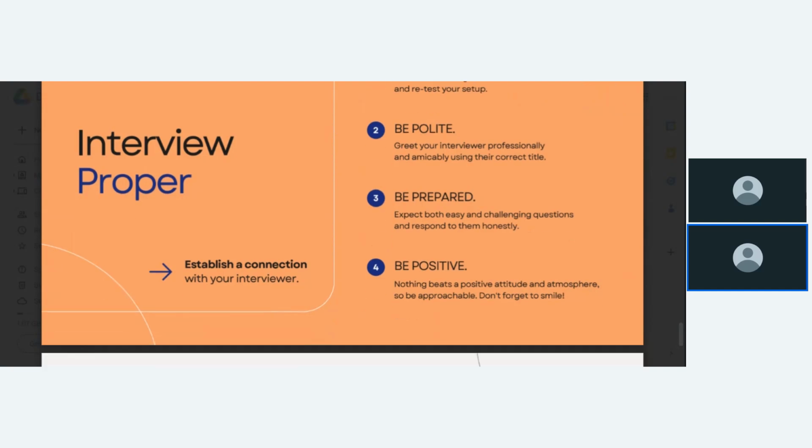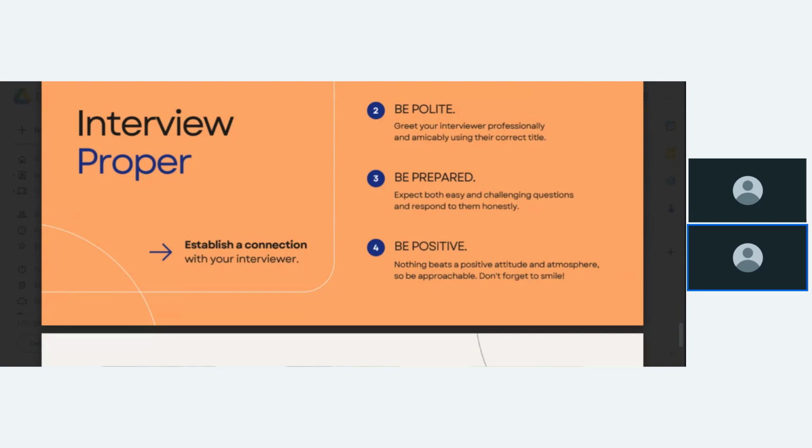Then, of course, be polite. I don't know how else to say this, but I've met some, not a lot, some very aggressive candidates, and they behave as if they came for war. So many persons already have this bad idea about interviews, that it's a war zone. But this is wrong, because an interview is just a conversation between two parties. If it works out for you both, cool. If not, not a big deal.